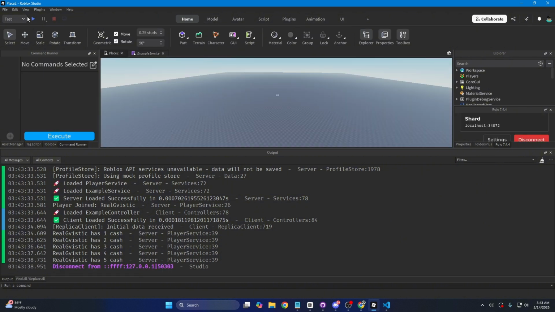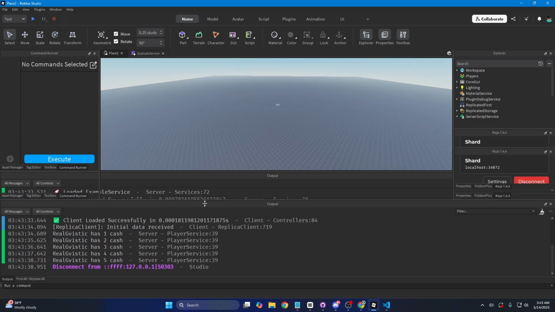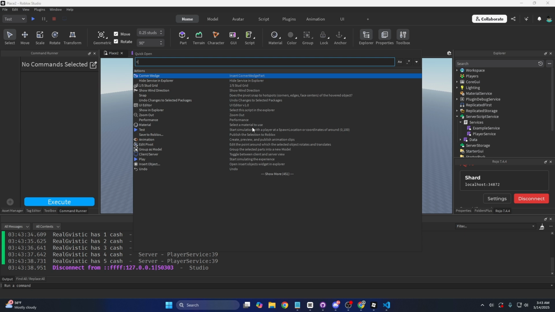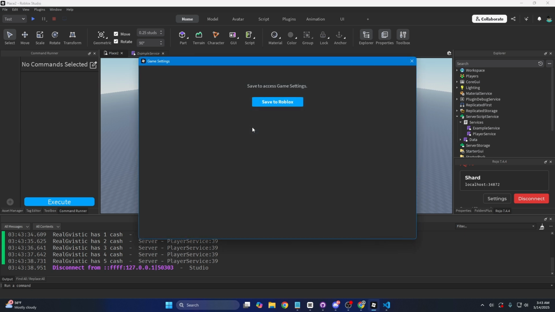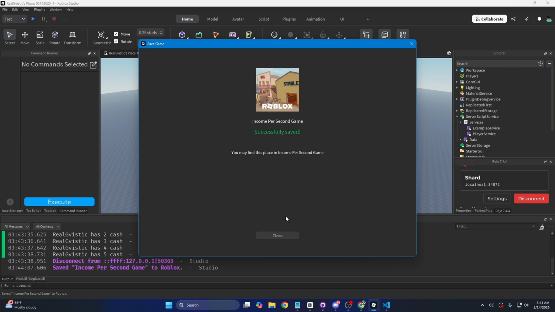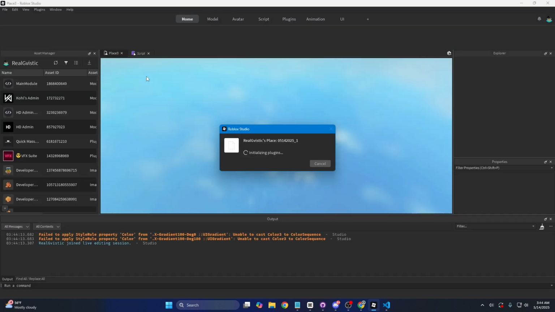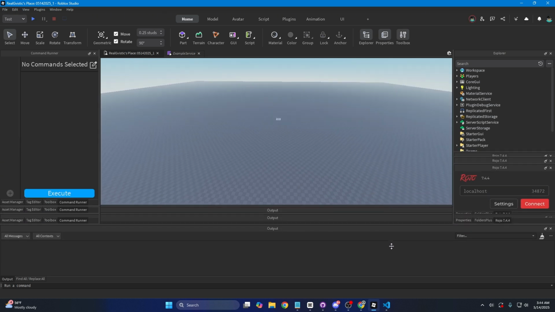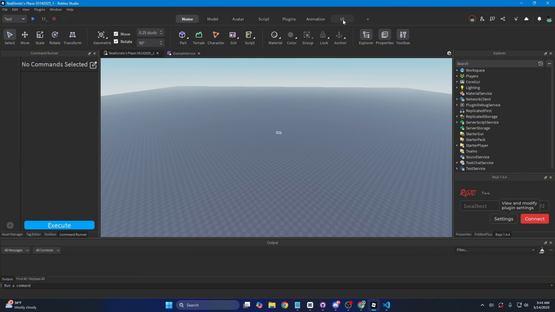I need to firstly set the game to have API service, which I forgot where it is. So we'll click Control P with the new UI. Roblox updated their UI. And we'll do game settings. There we go. Uh-oh. I got saved to Roblox. Okay. Income per second game. Yeah. Okay. There we go. Now you may be asking, why did I leave the share the data? Well, I use AI and I want to make it smarter, so I'll let it read my data. That's fine. Okay. So now if we go to game settings,